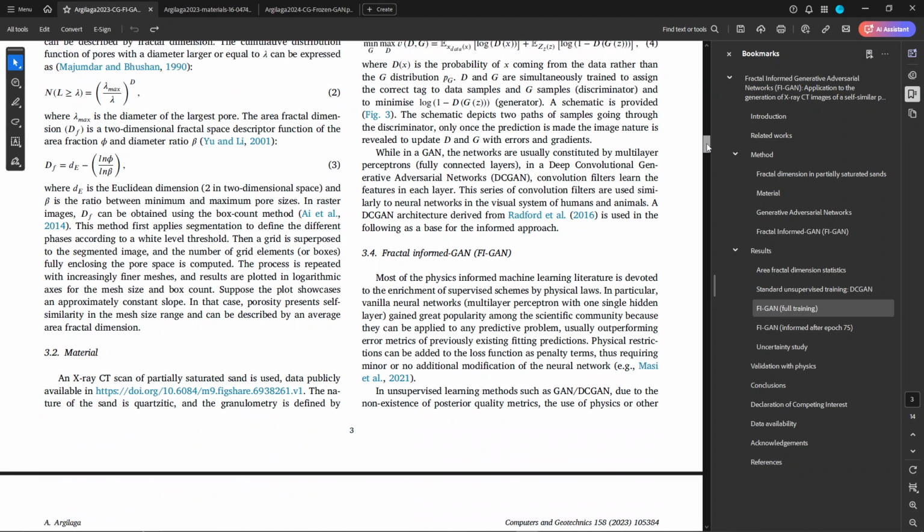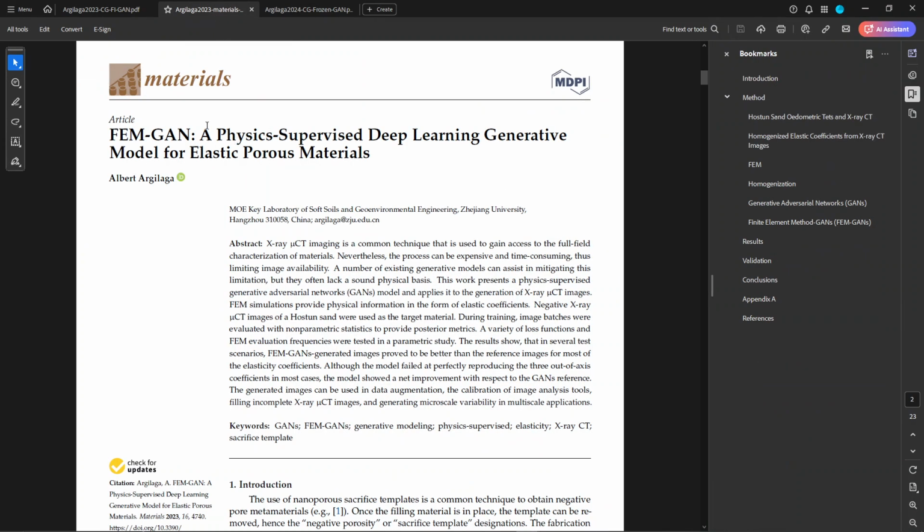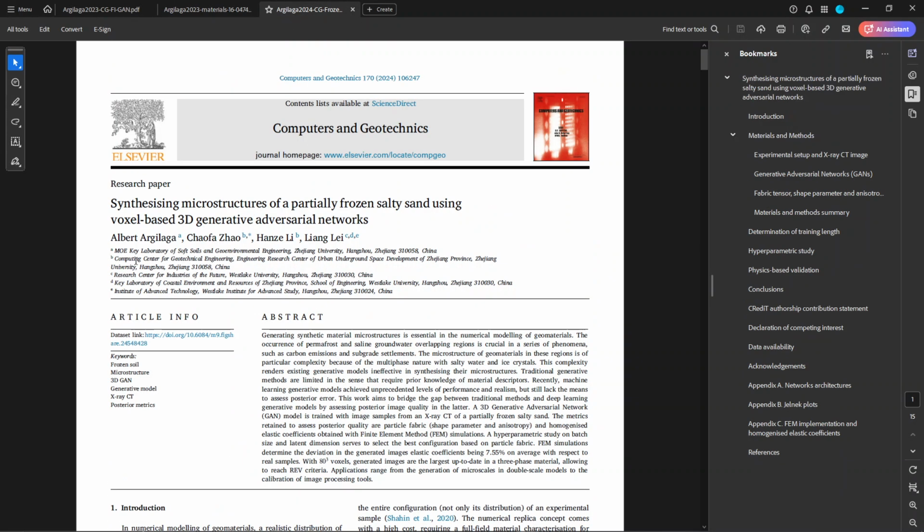And in the next videos I will talk about other applications of generative adversarial networks, mainly the finite element model GAN, which uses a proper finite element model of mechanical properties to assist a generative adversarial network of a 3D image, and another one in which we look at images with more than two phases. So in this case we have a partially saturated sand with a porosity which is partially frozen, so with